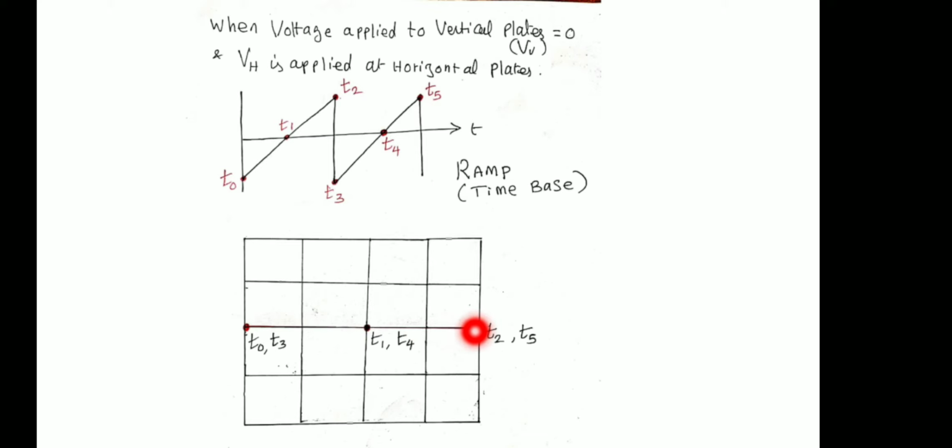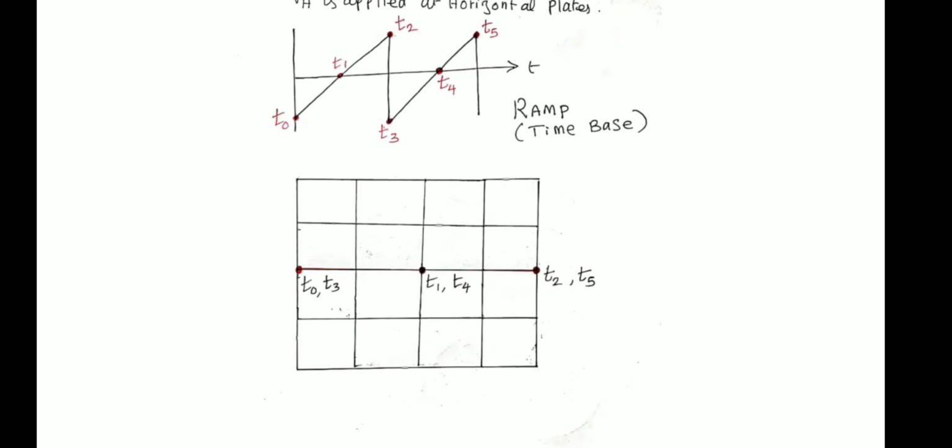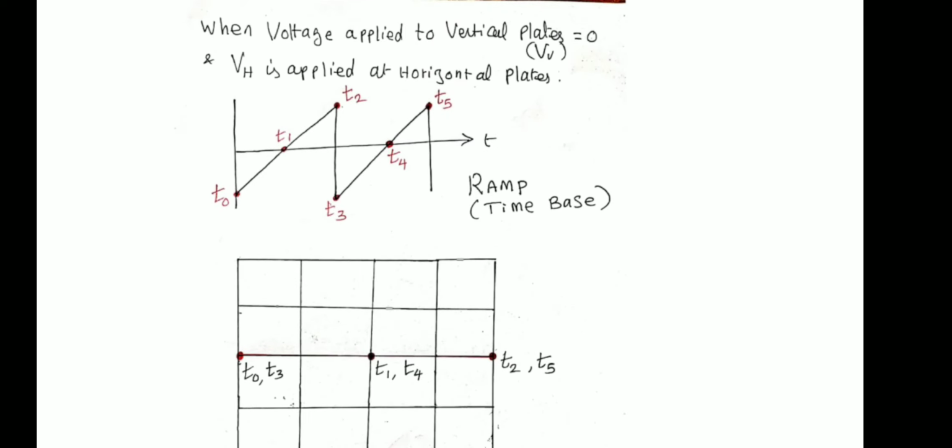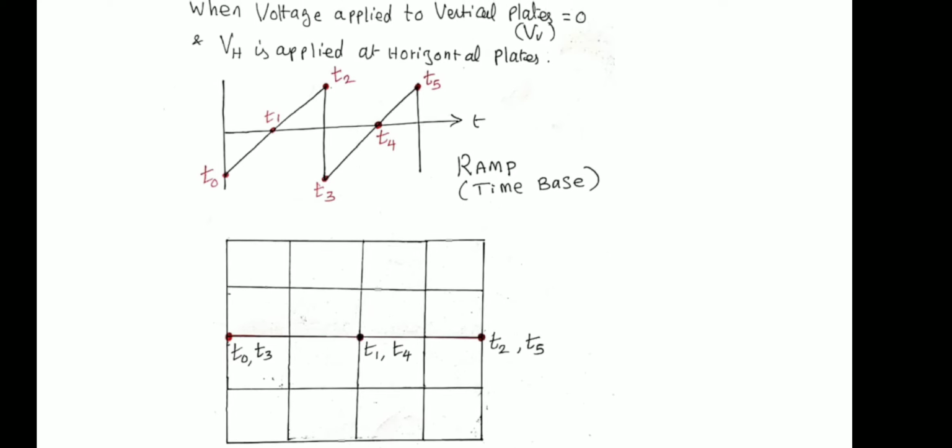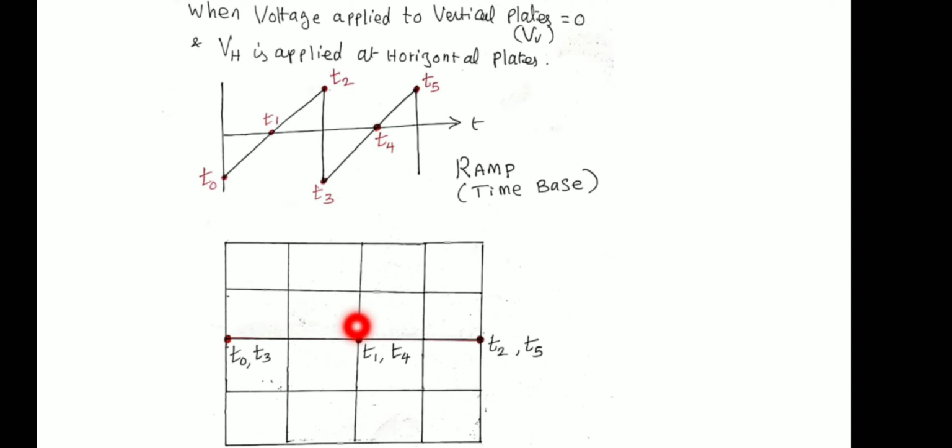Again it suddenly switches back to the left extreme point, moves to the center, moves to the right extreme, and switches to the left extreme point again, and so on, right? So this is what repeats. Since this luminous spot goes from the center to the right extreme, again the center, the left extreme, and again the center, it moves like this, and only a horizontal line appears on the screen, right?